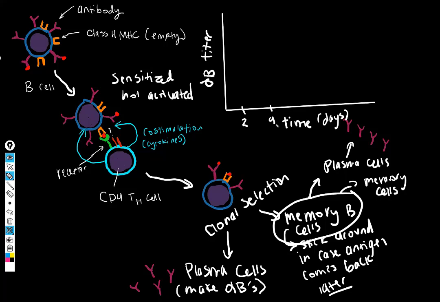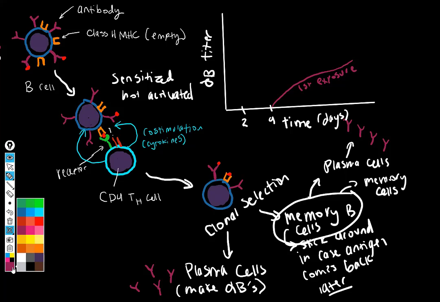So in a first exposure event, you might see starting at around day 4, when the immune system is like, oh, there's a bad guy, an increase in antibodies over the following few days. But the antibody response takes some time to mount, because you have to make a bunch of clones, and then the clones have to make antibodies, and so forth. So this is first